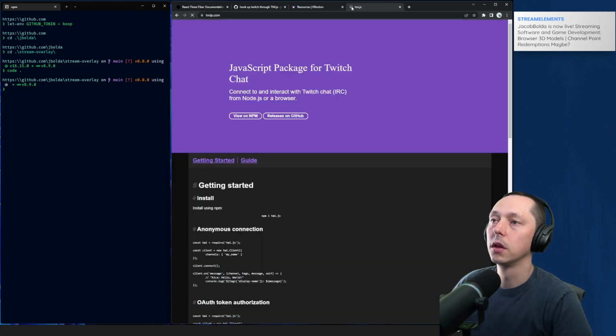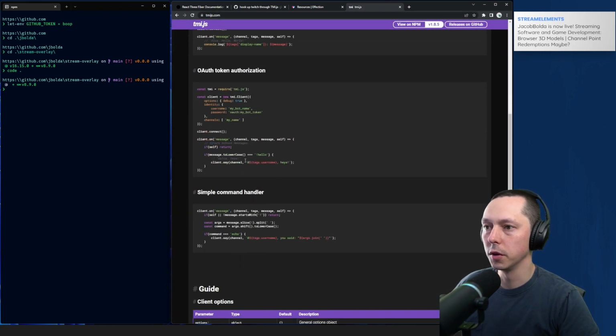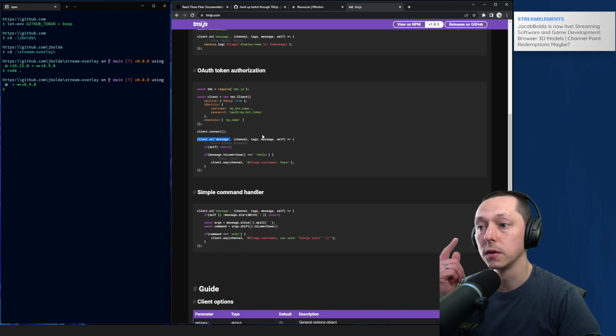But what we were missing was, TMI.js is event-based. It uses client.on. So that's why we're using the Effection events.